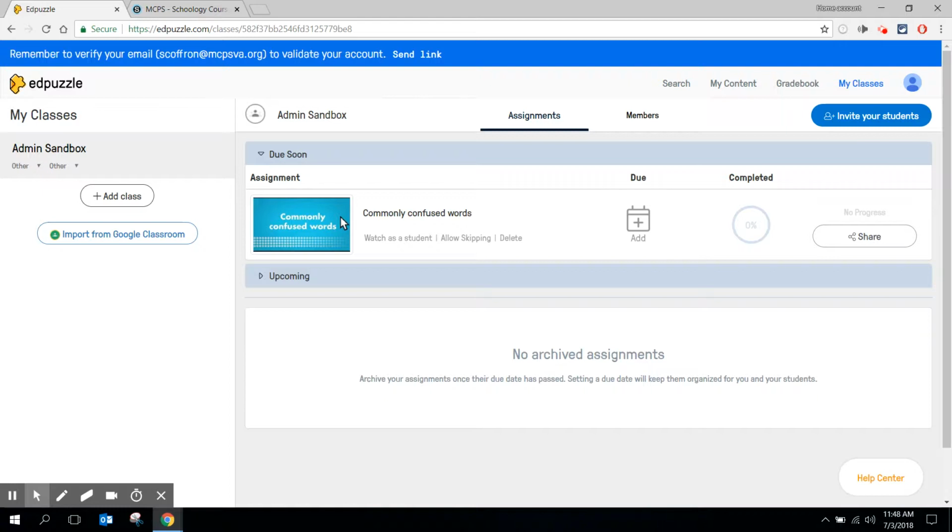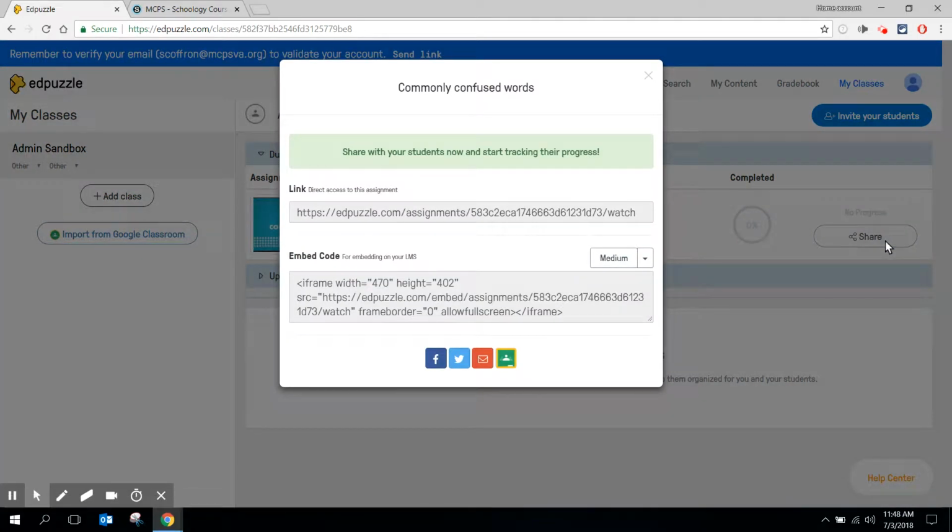But in this case, I've got an assignment that I've created in Edpuzzle and I'd like to share it. So I'm going to click on Share Assignment. You'll notice I have two options. I have an embed code and I also have a link. I'm going to show you how to use both of these. So let's say I want to embed this in a large